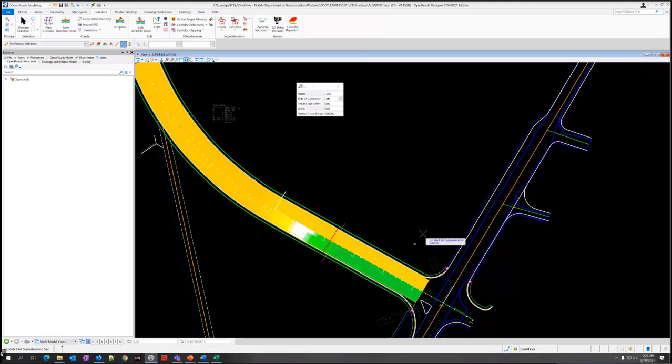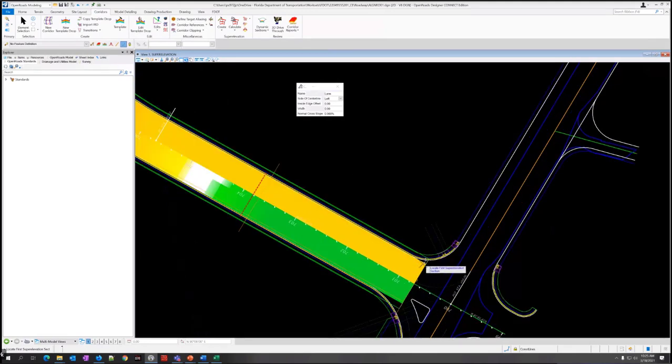All right, so it asked me to locate the first super elevation section. So that's going to be this green boundary around the super section. Then locate next super elevation section, reset to complete, so I can add it from multiple if I need to. I only got one section. For the name, I'm going to call this gutter because that's what it is here. And hit enter if you typed in the dialog. I did. Let's see.